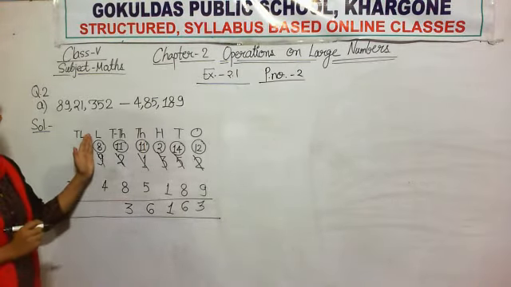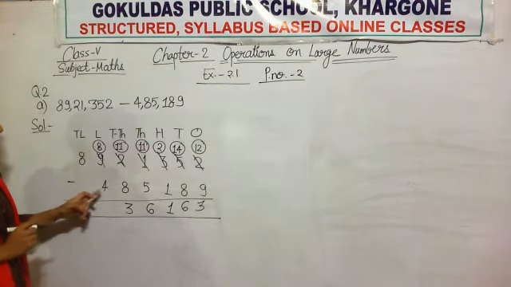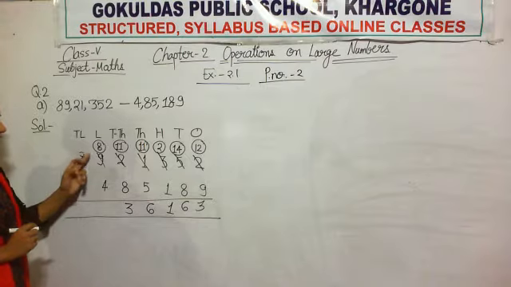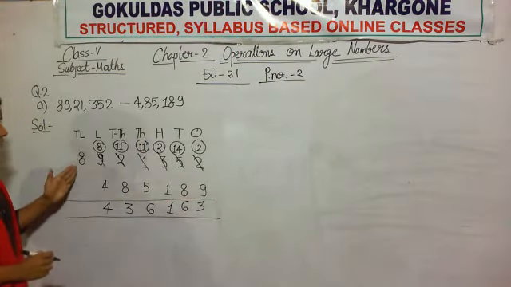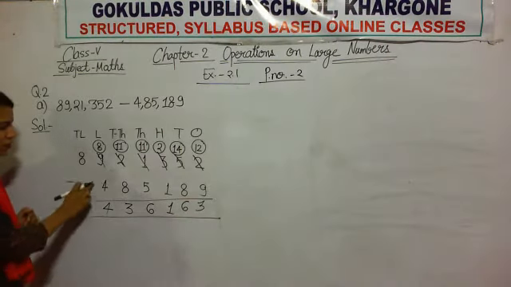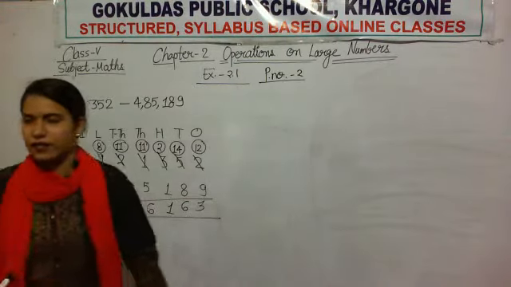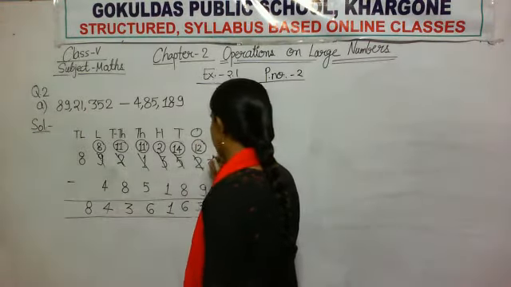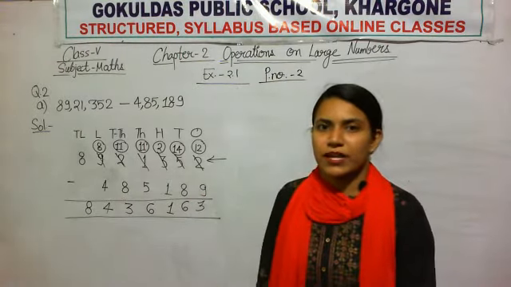Okay. Now move to the lakhs column. In the lakhs column you see 8 minus 4. 8 minus 4 is 4. Good. And here in the 10 lakhs column, 8 minus nothing. Nothing means 0 is here. So 8 minus 0 is 8. It is your result. Now tell me, it was the large number. What is the term used for the large number in subtraction?